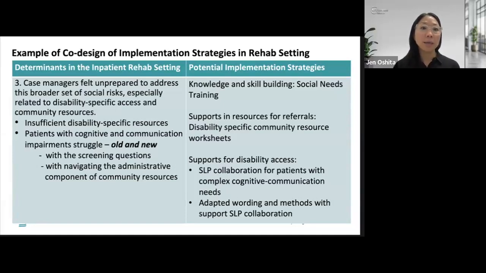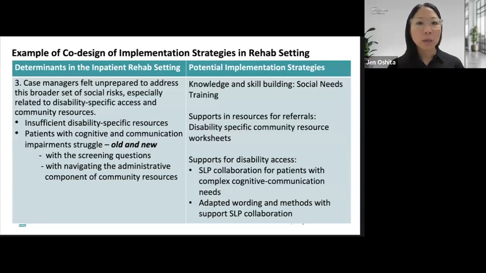pertained to not just patients with new acute rehab conditions like stroke and TBI, but also those who came in with an existing communication or cognitive disability, whether it was hearing or age-related cognitive decline, right? Those all affected their ability to partake in this intervention of social needs screening. And then we came up with potential implementation strategies to address these disability-specific, access-related determinants to screening and adoption of